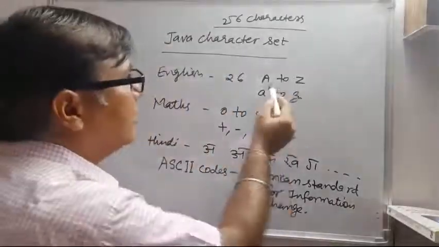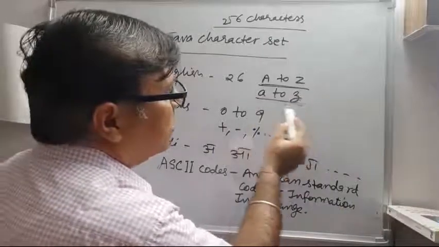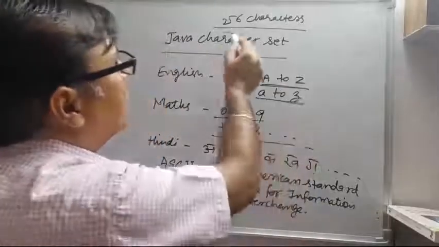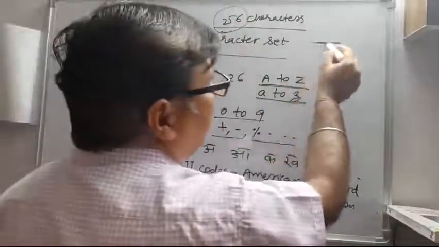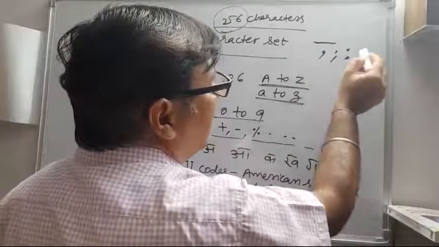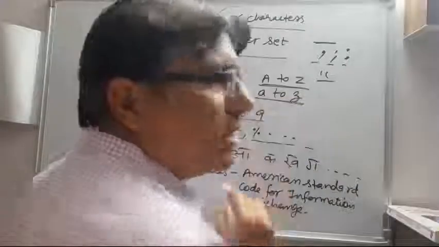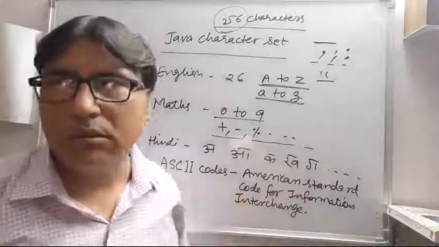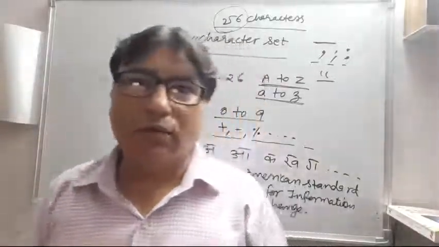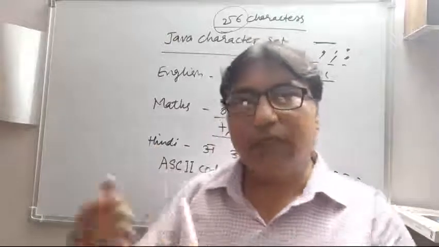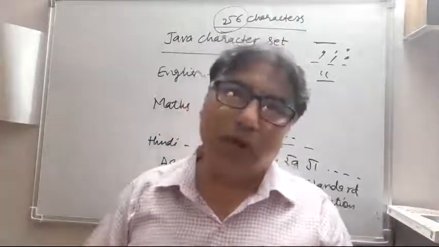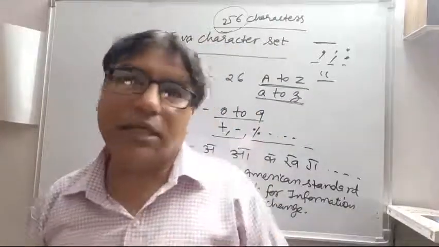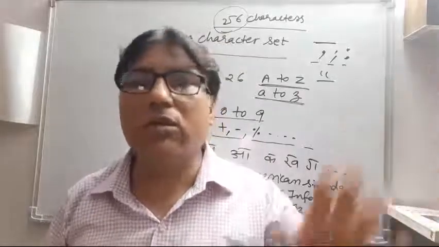Suppose for example A to Z of English, A to Z small letters of English, 0 to 9, certain symbols. So they were totally composed of plus, space bar, comma, semicolon, colon, double quotes, all these were the symbols that were included in this ASCII code. Okay, then when the popularity of Java language increased, different countries demanded that language. Now in different countries, it was not compulsory that the country will be having English as a language. They don't know English as a language.